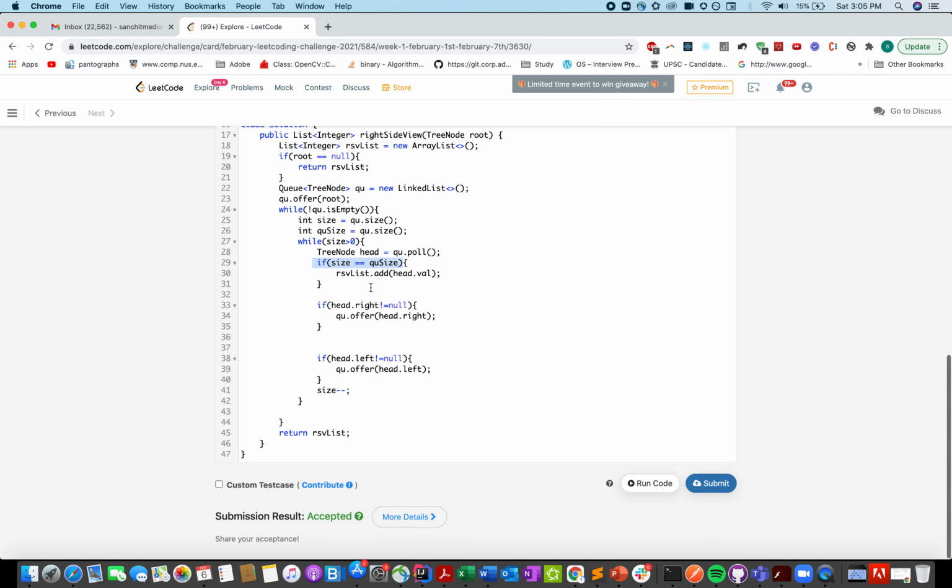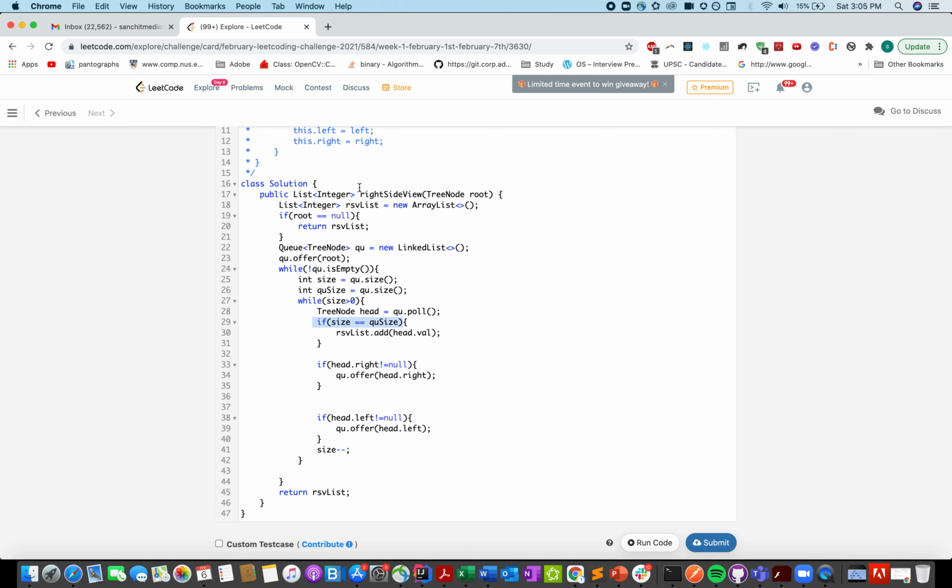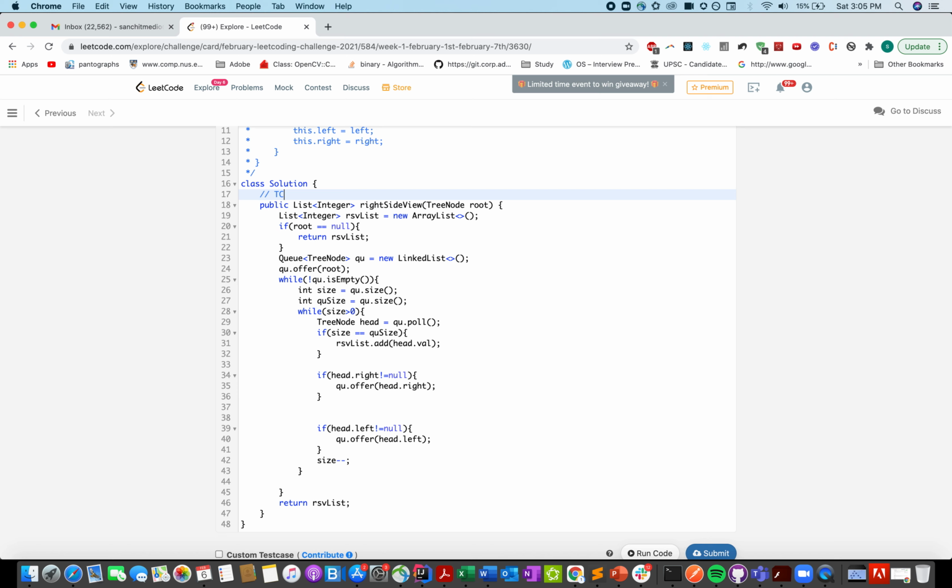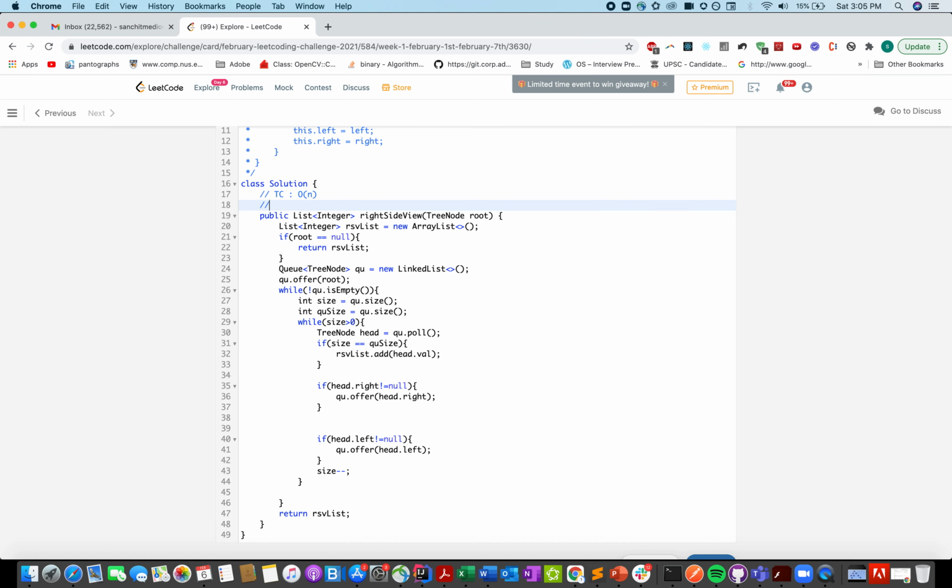What is the time complexity of this approach? You are iterating through all the elements once in the queue. That means the time complexity is order of n, and the space complexity is equal to the number of elements at the level which has the maximum number of elements.